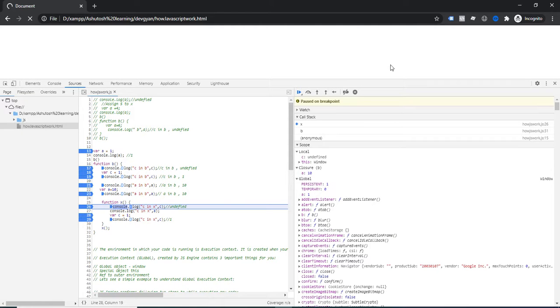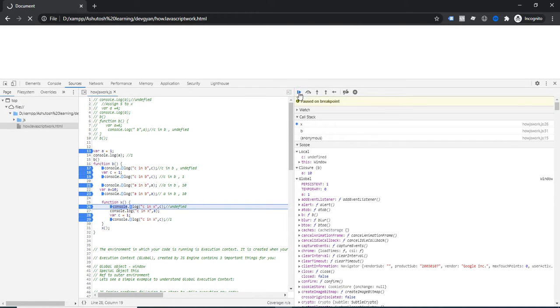Okay, so now again I am resuming this code. You can notice in the call stack three things are available: anonymous, B and X. So the last in first out concept is applying, so here you can notice that X is last in, so last out will happen.